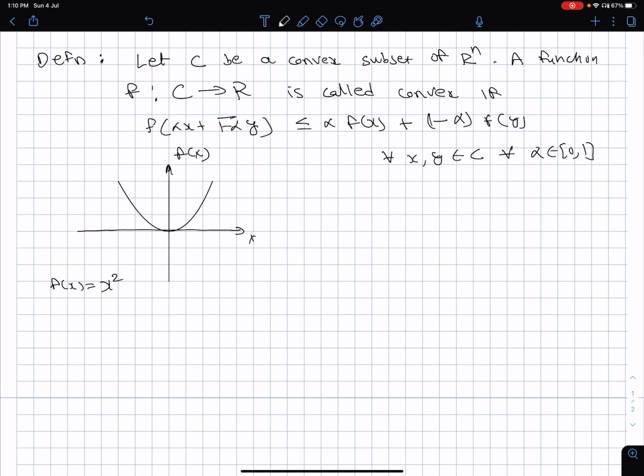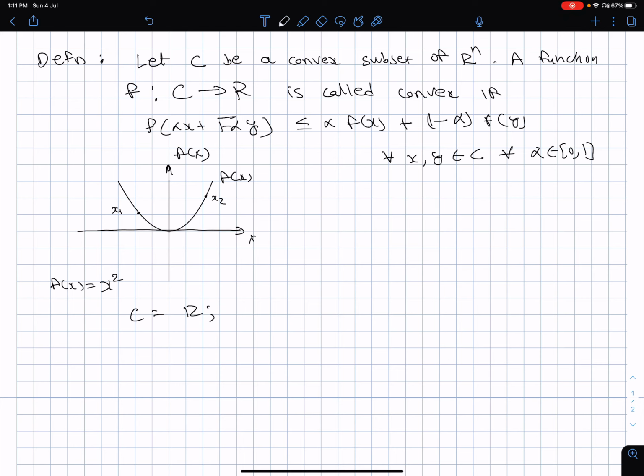Now this is a convex set, because if you take any 2 points, actually, for the sake of simplicity, I will take this on one side and this other one on the other side. Let me call them x1 and x2. Now this is a univariate function. So what is C? C is the complete real line itself, and the complete real line is always a convex set.